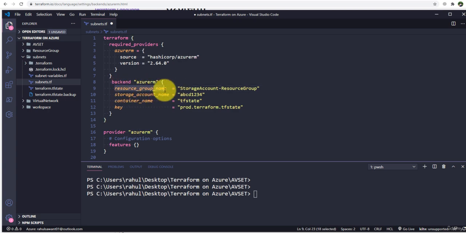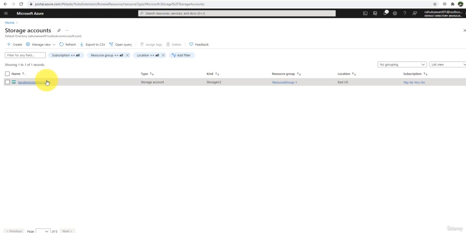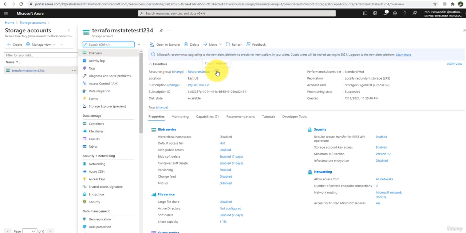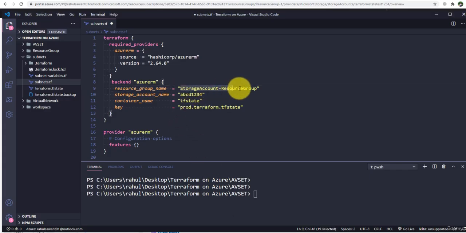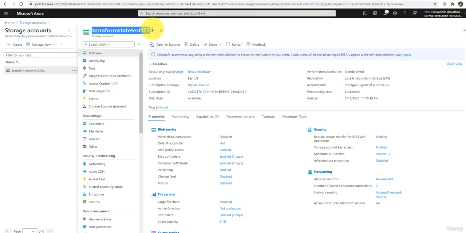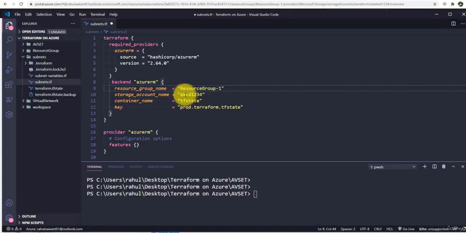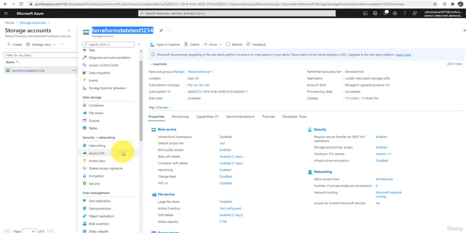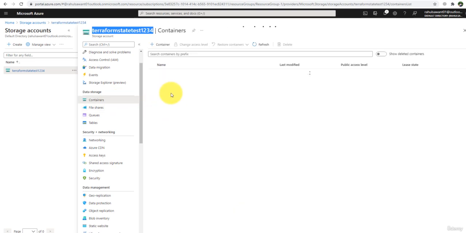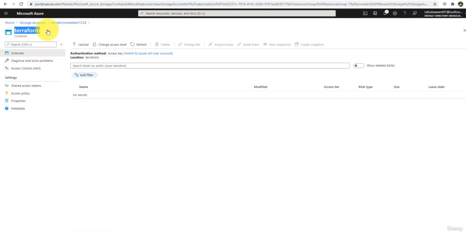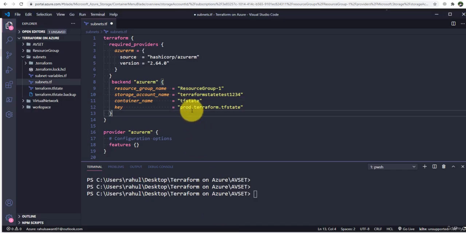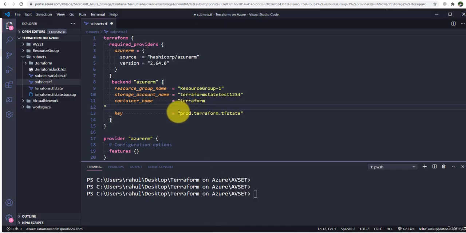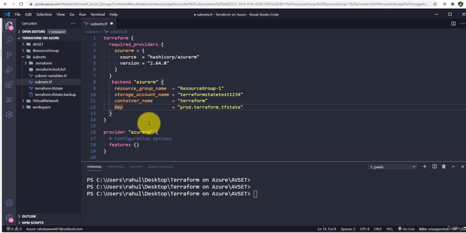Okay. And then I need to write the resource group name. So let me click on this, and this is our resource group name. And the storage account name, this is my storage account name. And then container name, and let me go to the container. Our container name is Terraform. And the key,